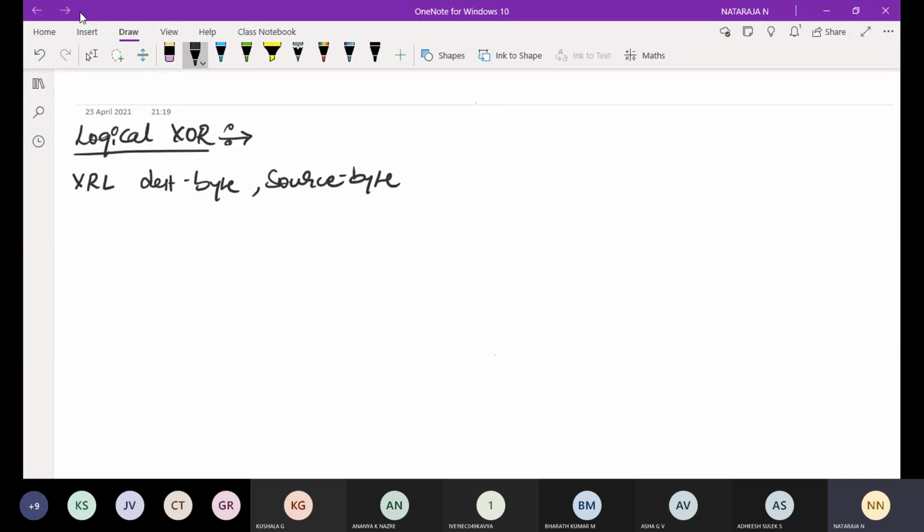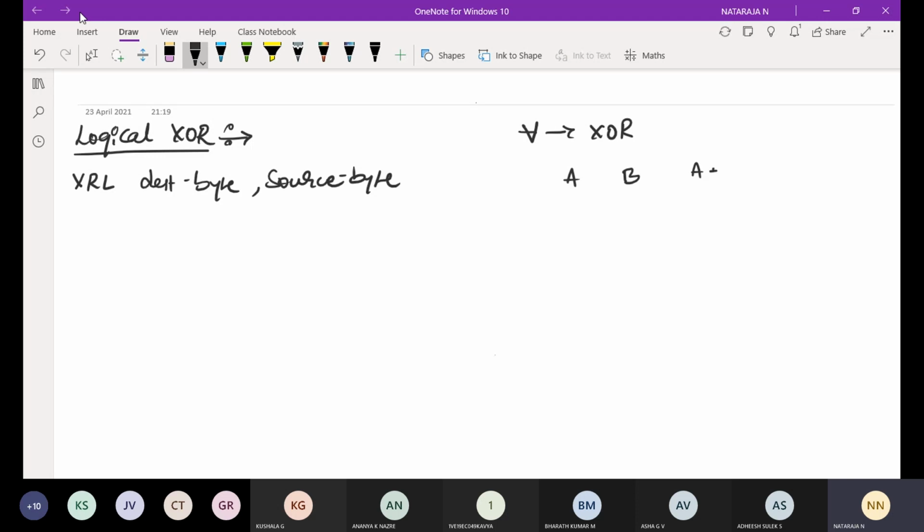With respect to the description, this instruction performs the bitwise logical exclusive OR operation. What we discussed in the last class with respect to AND logic and OR logic is the same, but here we use XOR logic between the indicated variables, that is source and destination, and the result will be stored in the destination. Before going to that, we'll discuss this symbol. This is the symbol for the XOR operation. In programs we are going to use this, and we'll have a truth table for the XOR operation.